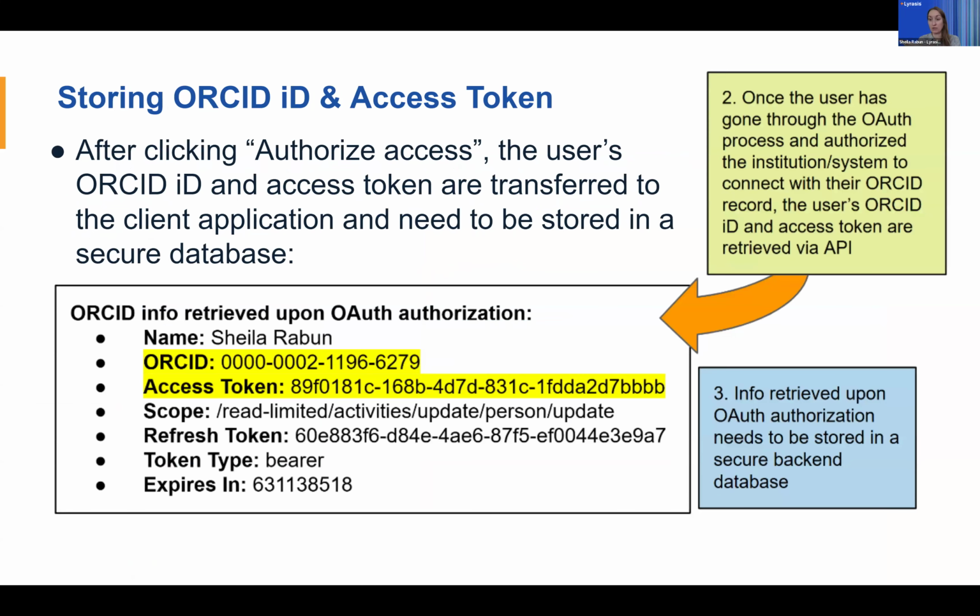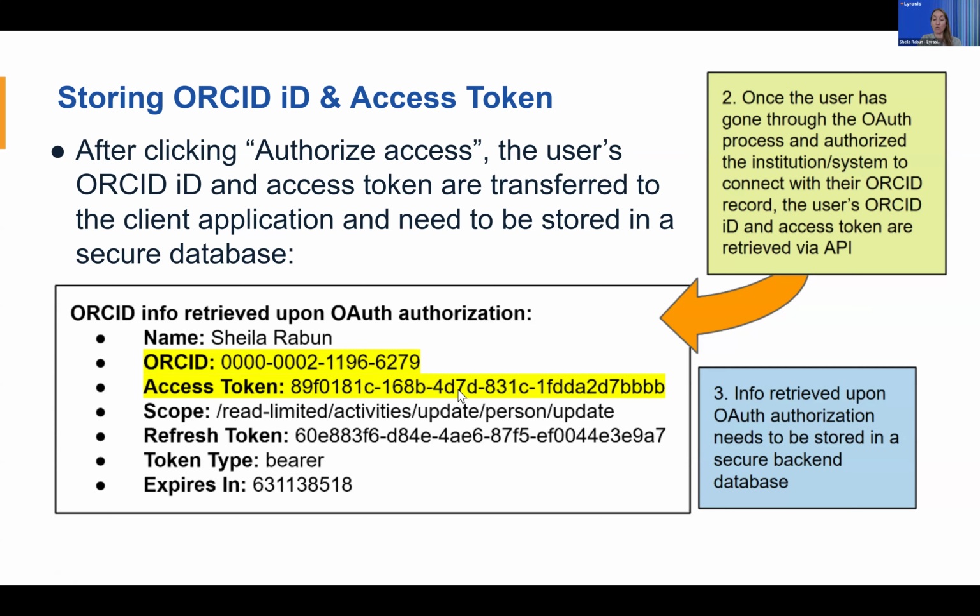Now on your side, in your application where you're doing this integration, after the user clicks authorize access, the user's ORCID ID, their access token, and a few other pieces of information are transferred from ORCID to your application. So the information that your application receives is going to be the person's name as it appears on their ORCID record, the person's authenticated ORCID ID, so you know you have the right ORCID ID for that person,